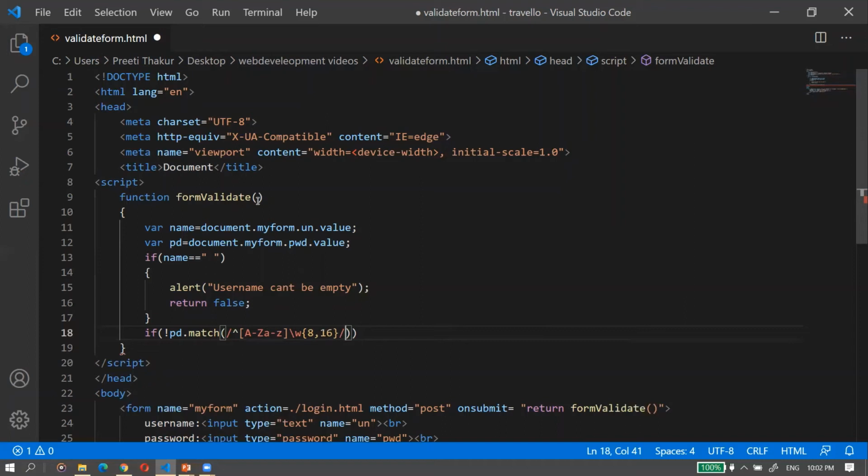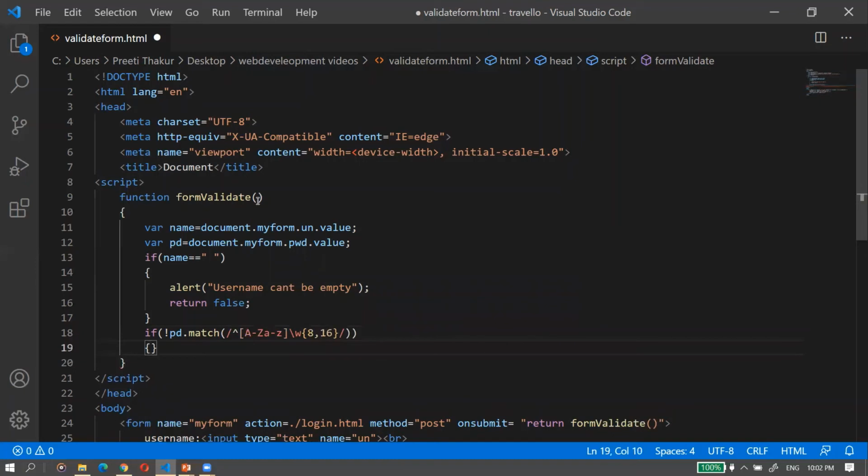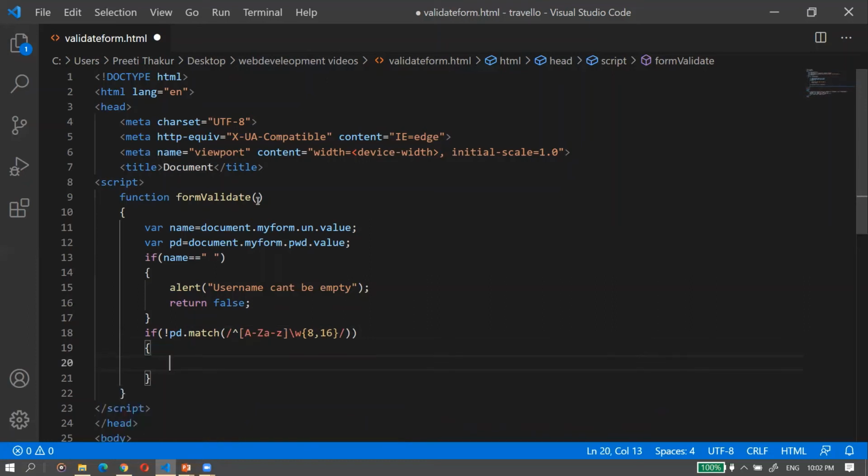Okay, so this way we are going to match. So if it is not that, what do we have to do? We will be giving some error message that this password is not according to the rule.